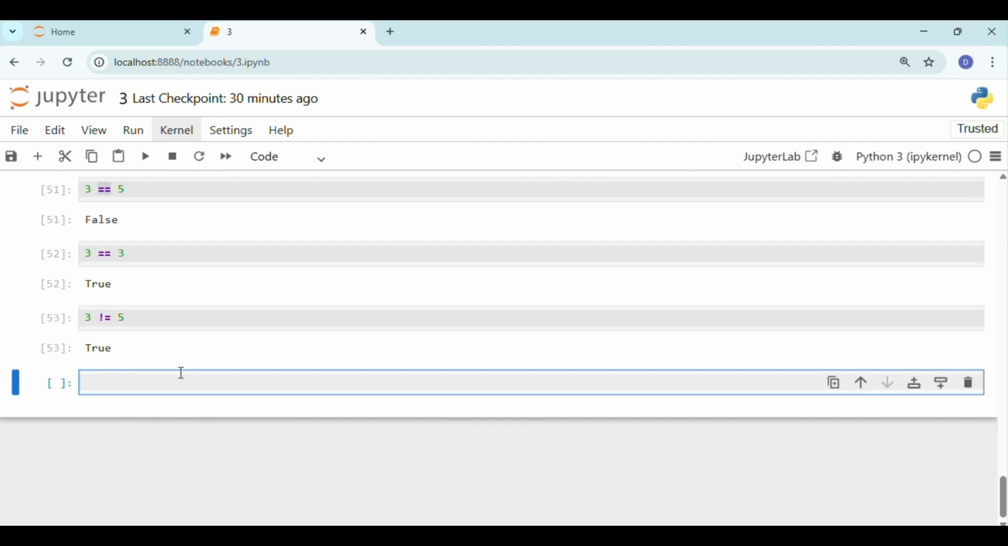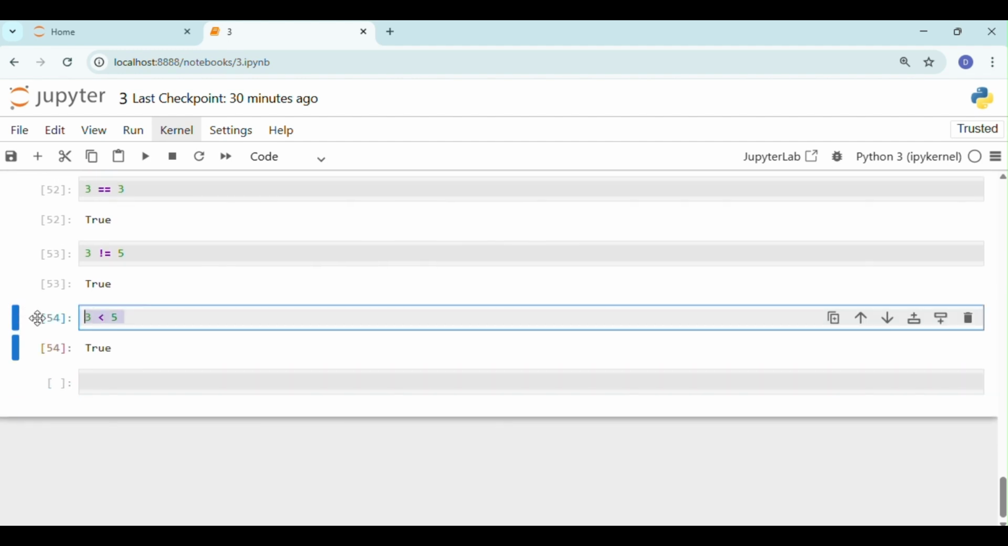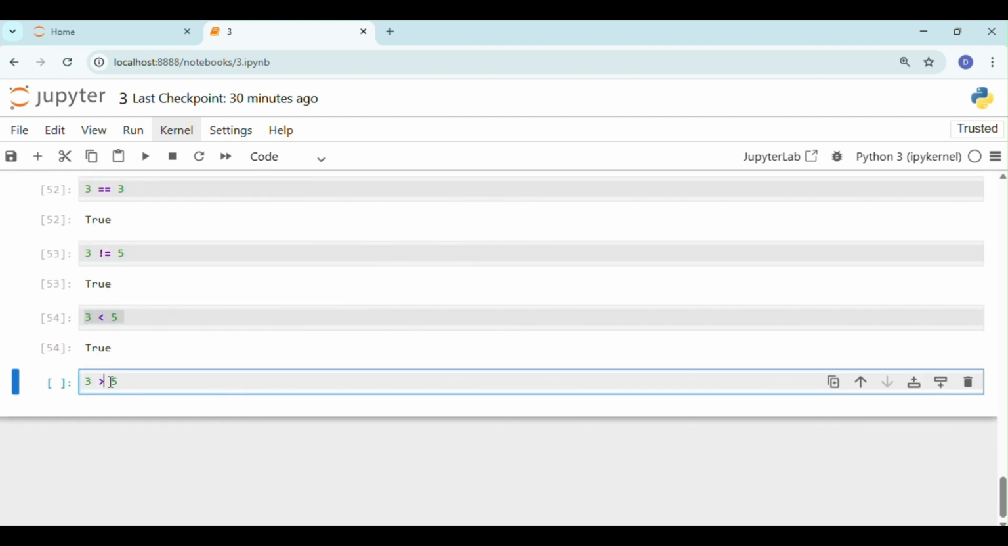And likewise you can also use greater than or less than. This is a less than comparison operator. We have greater than, and similarly you can also use greater than or equal to, and less than or equal to, as you want. And we also have logical operators,